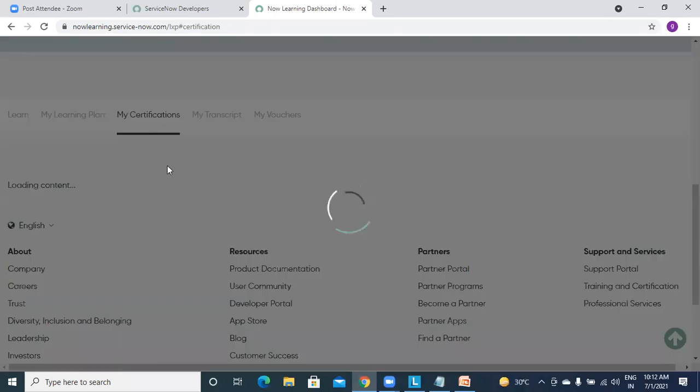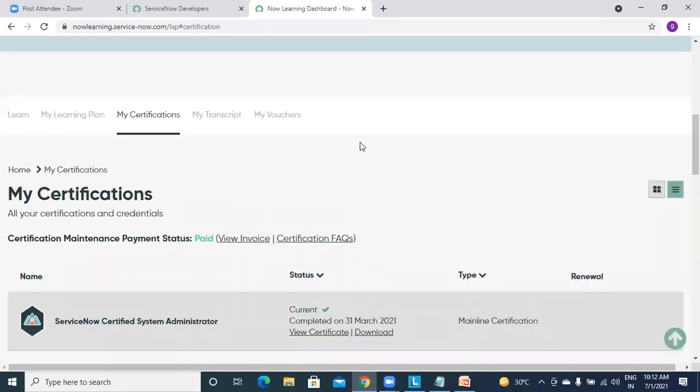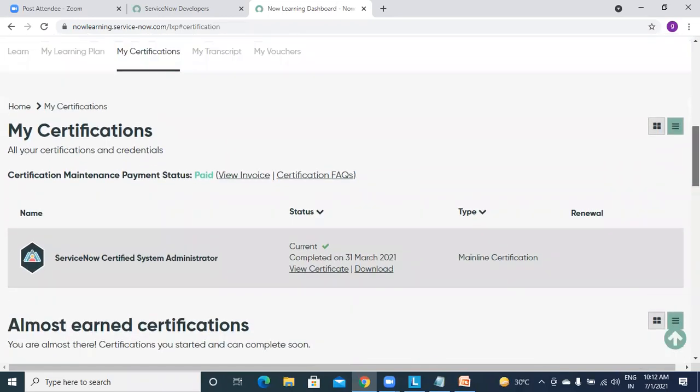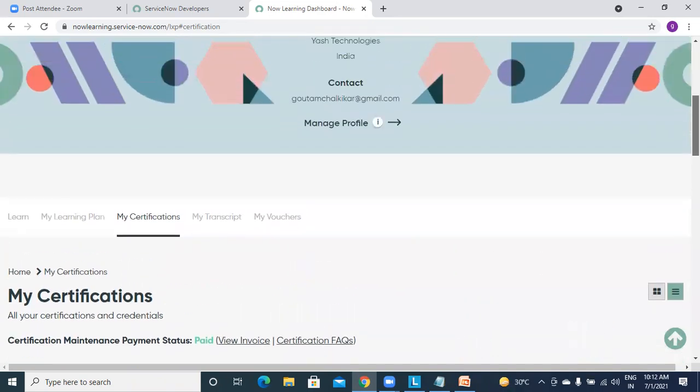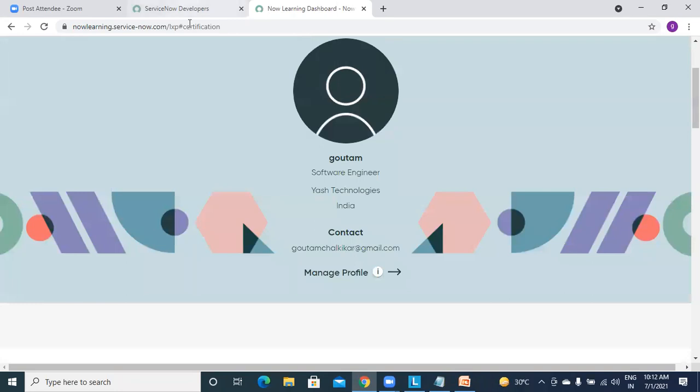And if you complete any certification, it will appear here. Okay, this is my only certification, that is administrator. You can view and download from here. And see, it is paid. Okay, clear with this link?